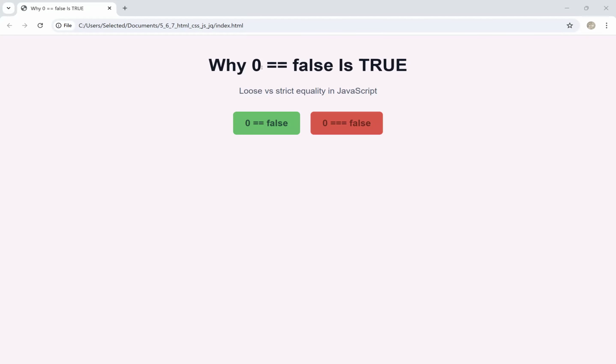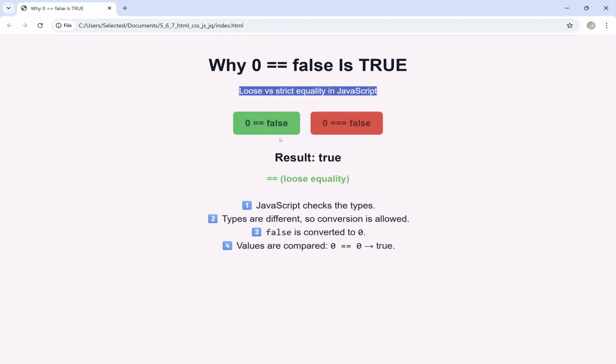In this video, we are going to talk about why 0 double equal false gives us true. And we'll also be comparing the loose versus strict equality in JavaScript. So let's have a look at the first green box and see why this one actually gives us the value